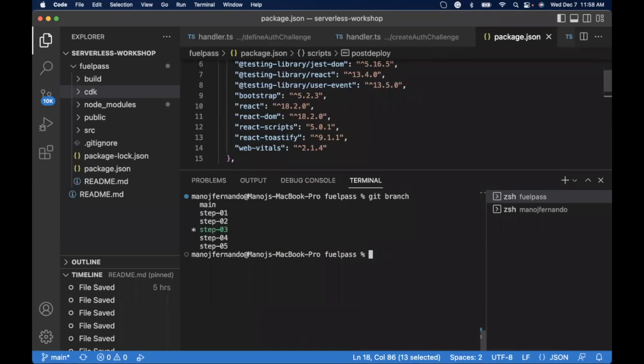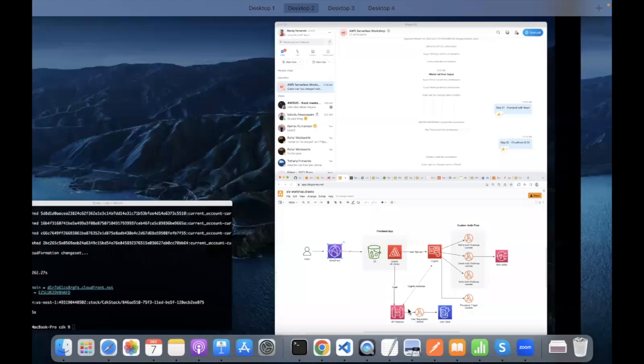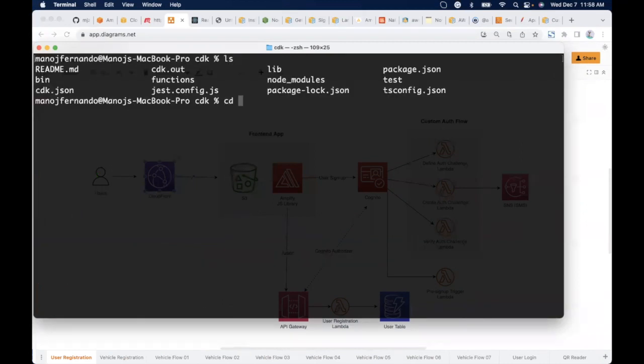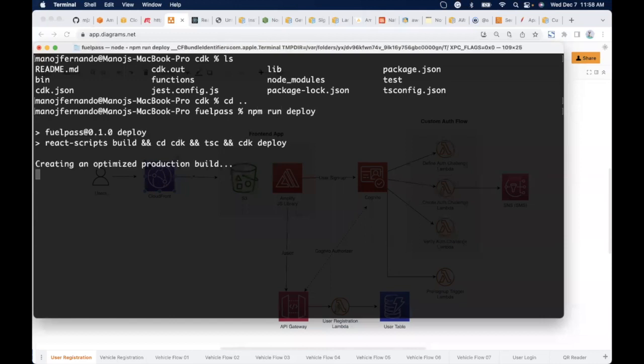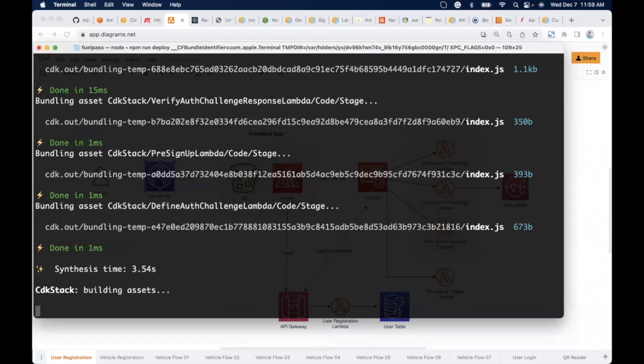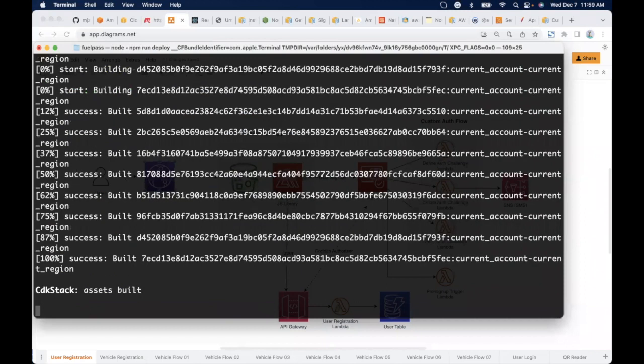Okay, I have to deploy it from my other terminal. This way I configured my environment variable. Go one step before and then npm run deploy. I have to update the CloudFront distribution ID in the post deploy, because in the previous step, in step